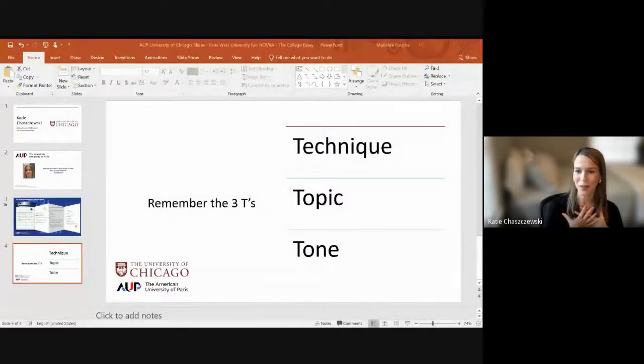So the first example is a student that wrote to us. Both students were incredibly academically qualified. And this is the first line of their essay. There are 2 types of people in this world. Those that pee in the shower and those that lie about peeing in the shower. So that's a topic choice.